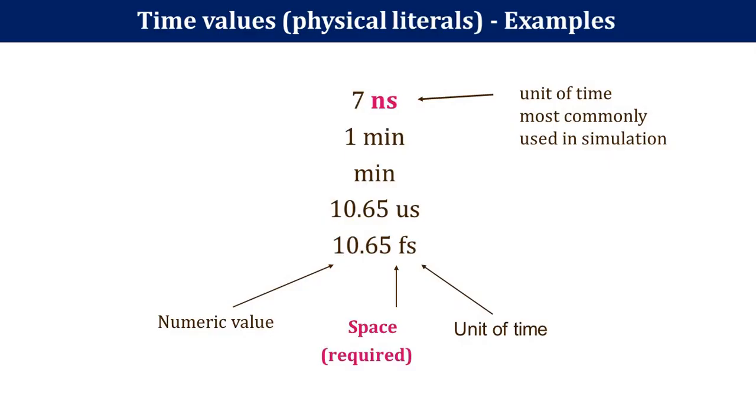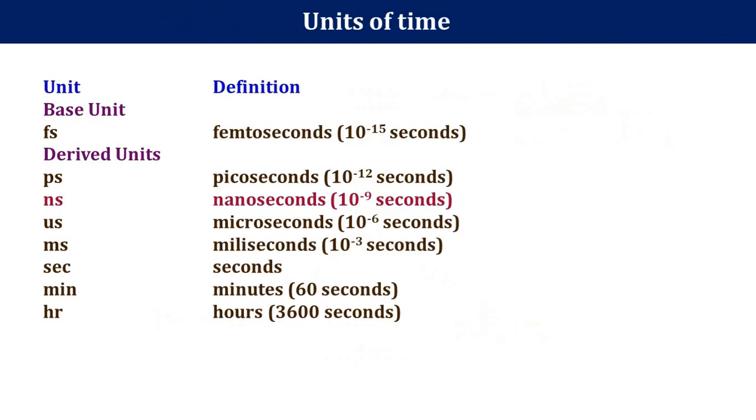Now how to specify the timing in this VHDL test bench? Here you can specify the timing by using different units like nanosecond, minute, microsecond, femtosecond. The left hand side indicates the numerical value. After that you have to provide some space, and after that provide the unit of time. The most commonly used unit of time is nanosecond, which we are using in our test bench. But instead of this you can use microsecond also, femtosecond also, and sometimes minutes also. Generally we use nanosecond and microsecond.